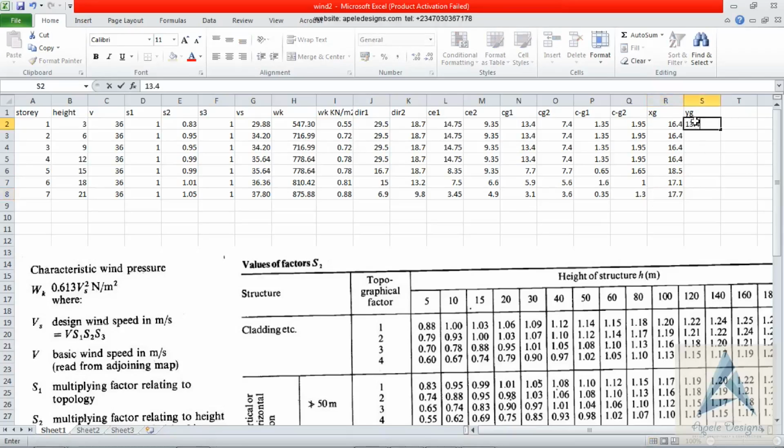13.4 down to the 4th floor. 13.5, 11.7 and 12.9. We add these values to these values to get our distance from origin to the center of elevation